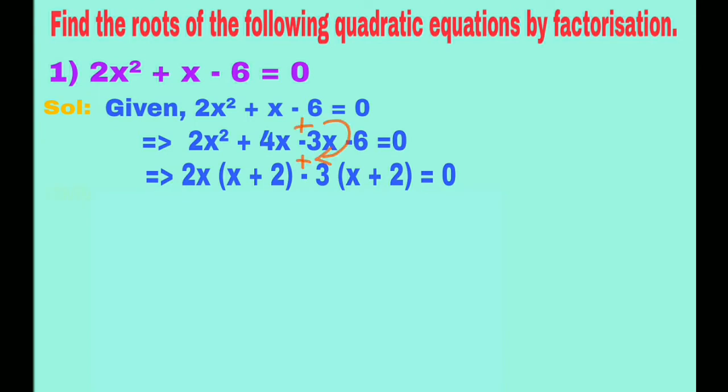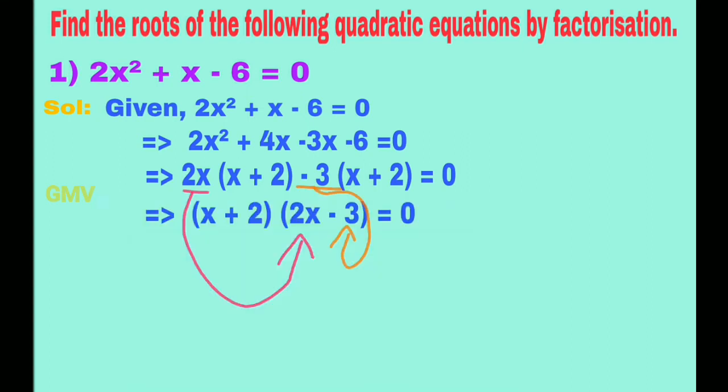If it is a positive sign, you have to put a positive sign, but here it is a negative sign, so we have to put a negative sign. Now take 3 as common from these two terms. If 3 is taken out, x is remaining in this term, and if we take negative as common, here it becomes positive. Here 2 is remaining, is equal to 0. Now in these two terms, x plus 2 is common. If we take x plus 2 as common, here 2x is remaining, put the negative sign as it is, and here 3 is remaining. Then it is equal to 0.